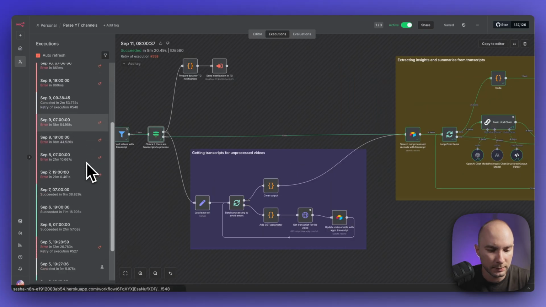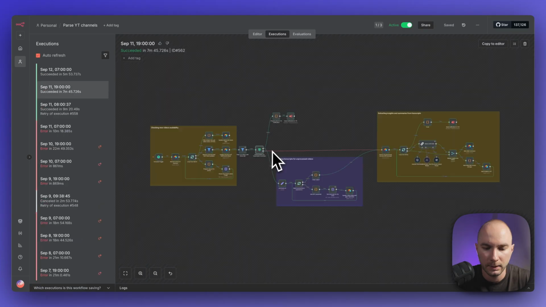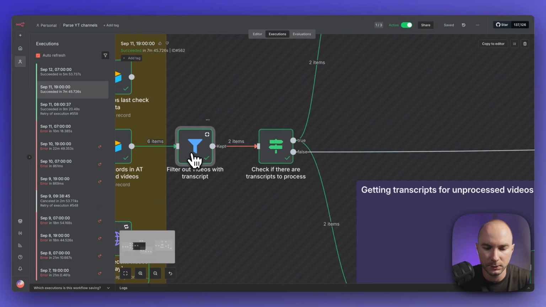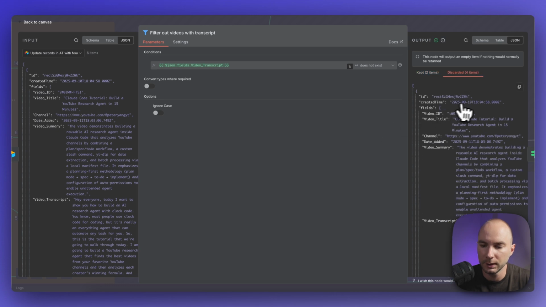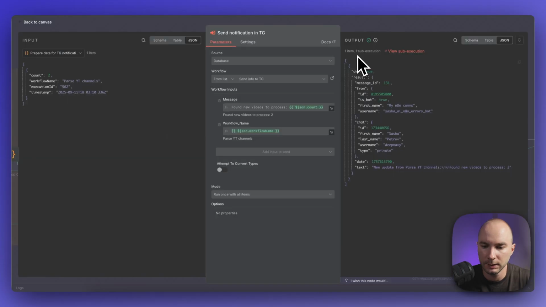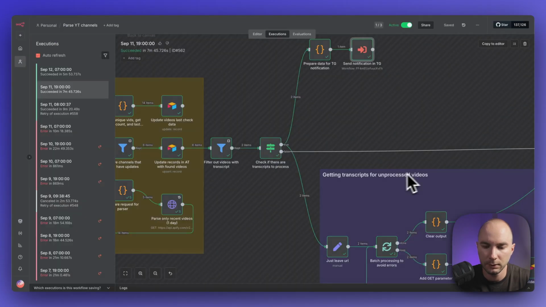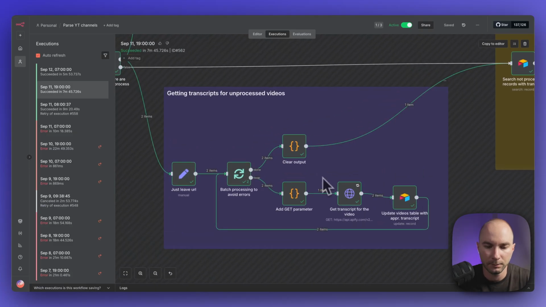Let me open an execution that was successful and had some videos to process. Yeah, so it was this one. So as you can see here, we had 2 items that don't have a transcript, and 4 that had a transcript. As you can see here, we sent some notification to Telegram, and then we went to the second part with